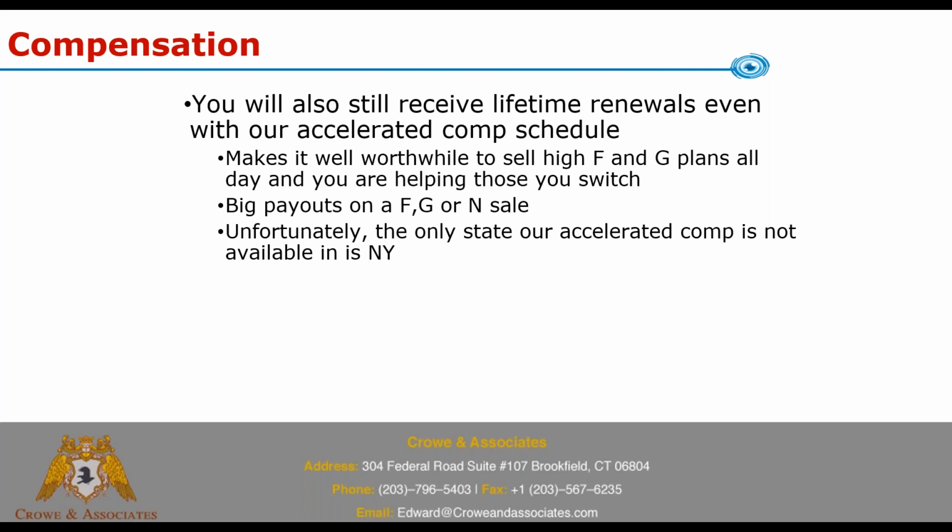That accelerated comp schedule is available in every state except for New York. So sorry to say that. It's not approved in New York. It is approved everywhere else. So in New York, with United American, it'd be standard commission. Their street is, I think, 17%. They've got some higher levels, but you'd be looking at just a straight up 17% with a 9-month advance on a sale in New York. But in all the other states, the accelerated is available.